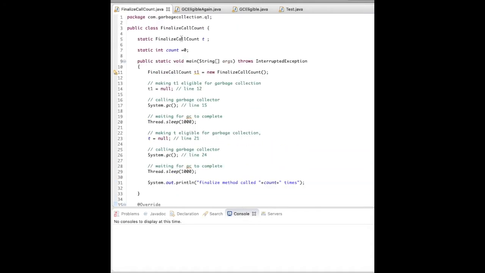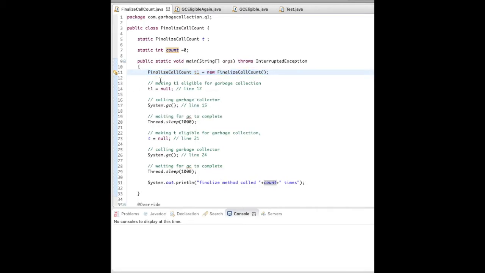So if you see this example, in this FinalizeCallCount class, I have created a static object of it, naming it t, and then a static int count. Initially it is 0. So in the main method I have created a new object of the same class and then initialized it to an instance.